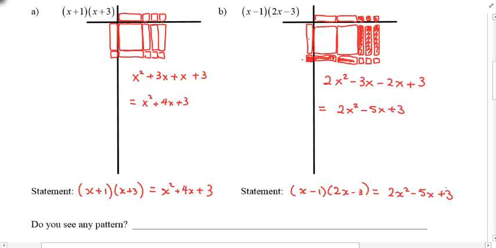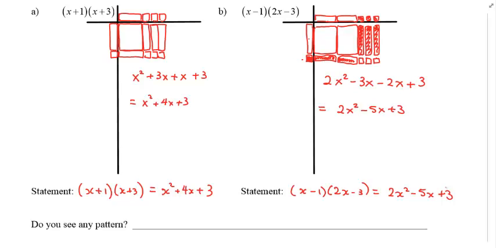Okay, we've done 2 examples by doing the chart. Math, you know, is all about patterns. So, do you see any patterns involved here? Can you find a way to tell me how I can multiply a binomial by a binomial? I'll let you think about that. If you're watching this with a friend, talk to your friend. No friend next door? It's just you and me,